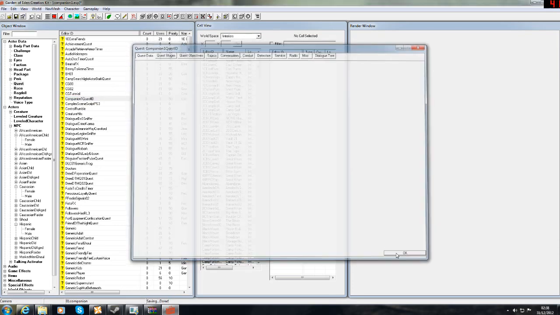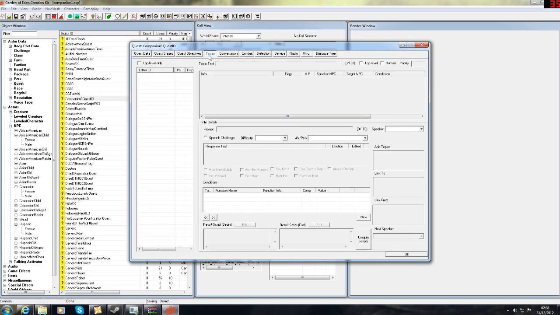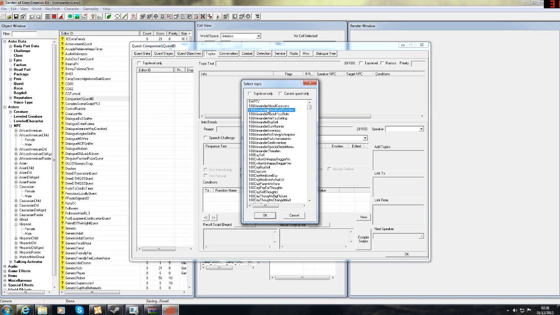Once you've closed it and hit save, click it, go to topics. Now this is probably the easiest bit, right? You want to add in preset topics, so right click this bit here, it says editor ID, like this wee box at the left hand side, and then add topic. And then what we're wanting to do is find generic